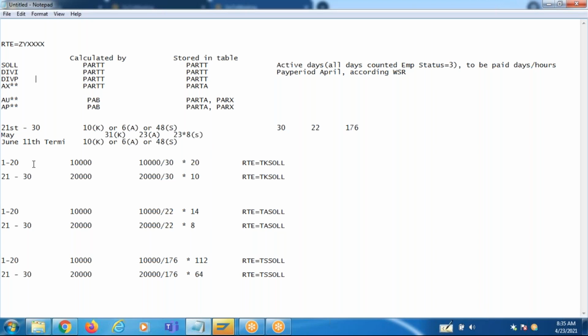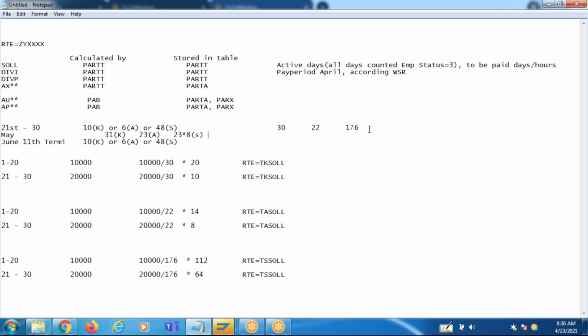Okay, it is depending on the employee pay period in the control record, not pay period in the payroll. When I say pay period in payroll, this is the pay period in payroll. Pay period in the control record. Okay, whenever DAVA is validated, it will go to the control record and take the pay period. In this period, according to the work schedule maintained to the employee, how many calendar days are there? How many working days are there?